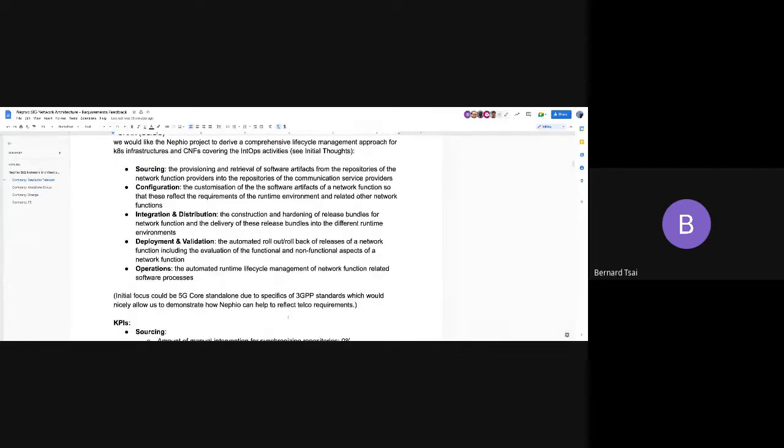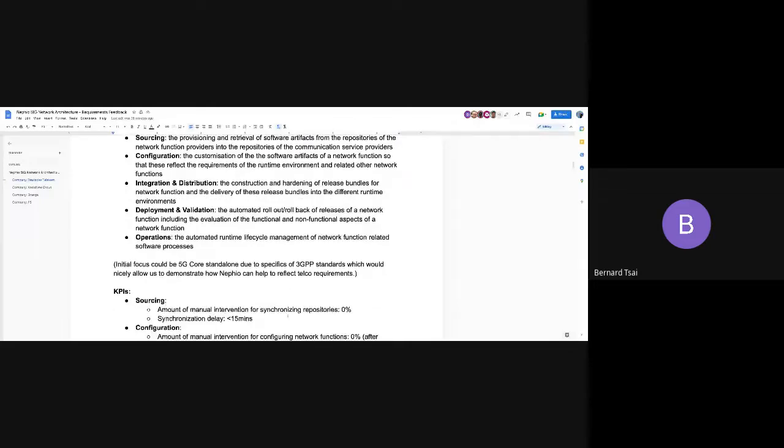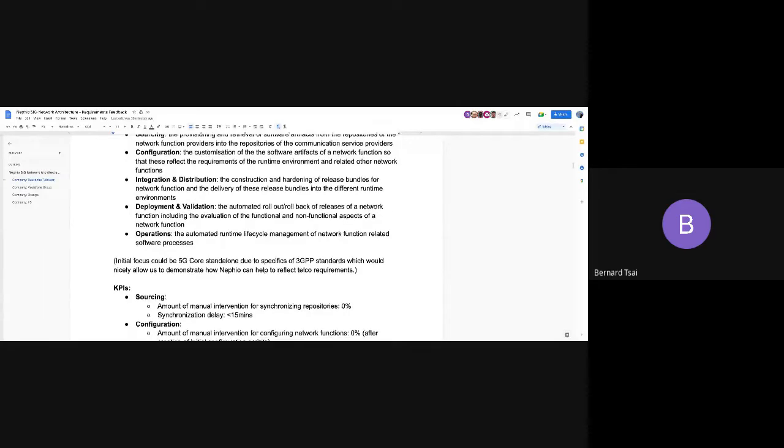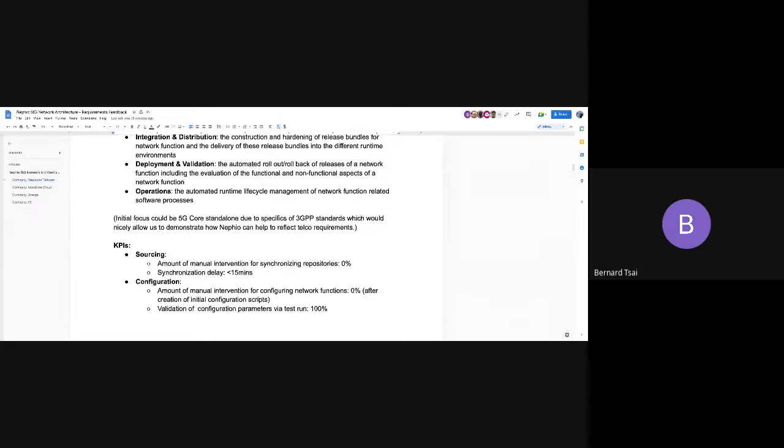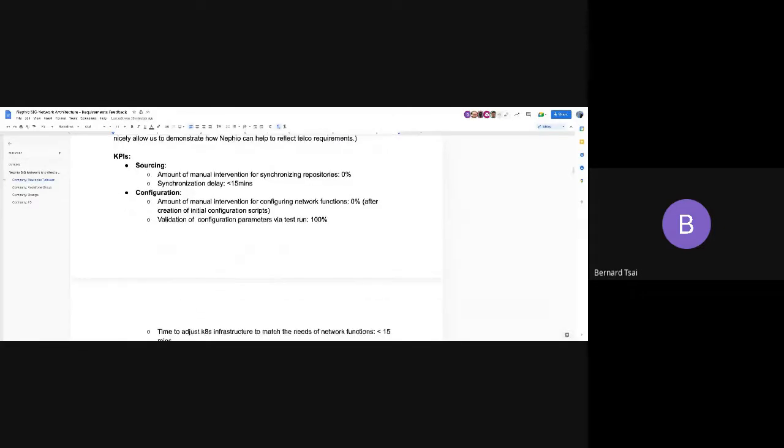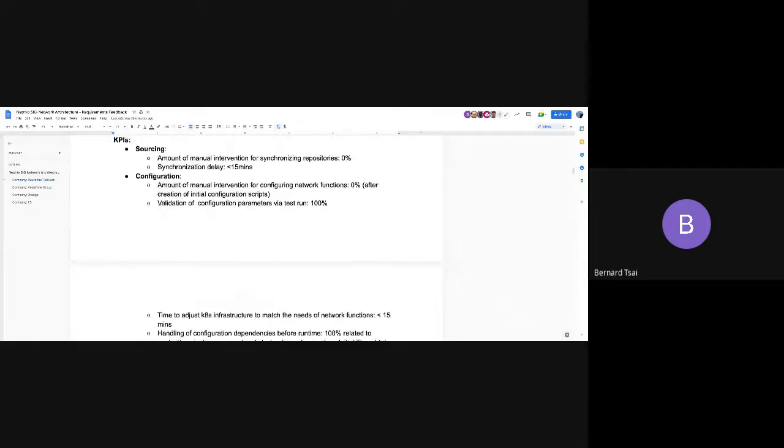We've tried to group those user stories around sourcing, configuration, distribution, deployment, validation, and operations. And we've also added certain KPIs which came to our mind. But it's just an example, not saying that this is the Bible, but more giving an impression of what kind of things we could think of as KPIs here.